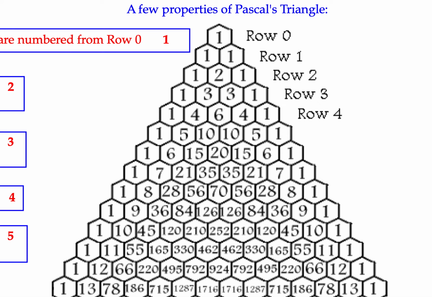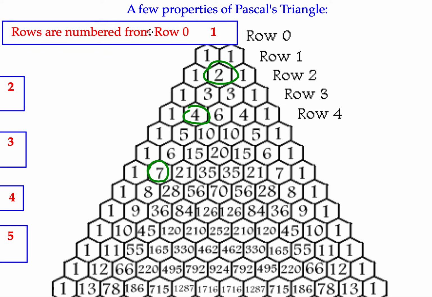The easiest way to remember the row number, if you're actually wanting to refer to row number, as I do, is effectively the row number is the second number in each row. So, for instance, row 2 is the number where it starts 1, 2. Row 4 will start 1, 4. Row 7 will start 1, 7. So that's the best way to think about the row number, is the second number in each row. Okay, so that's the first interesting property.